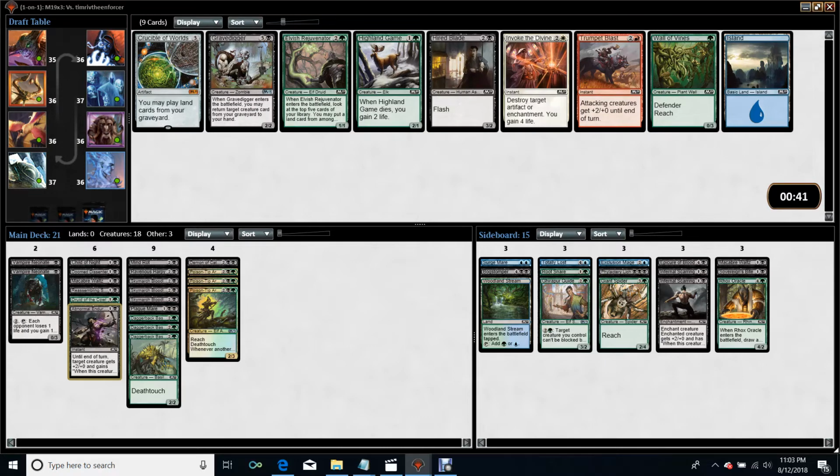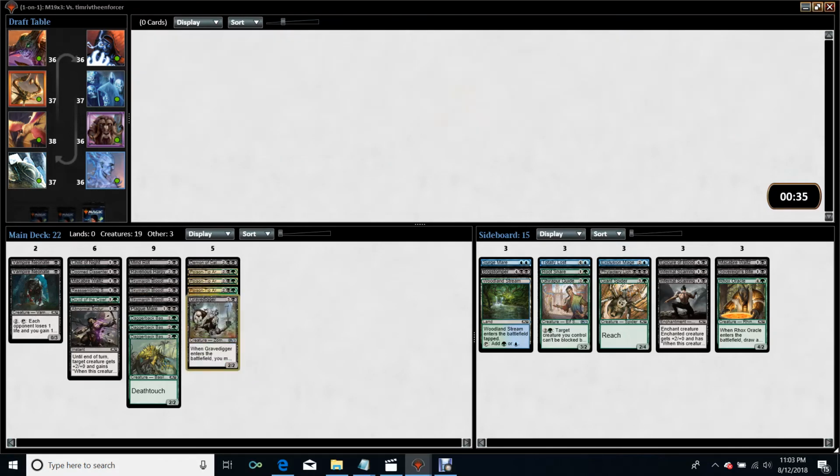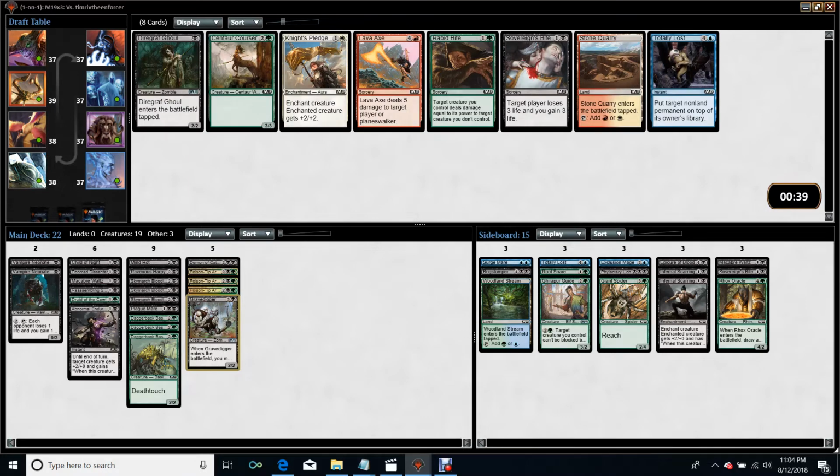Okay, well, I think this is pretty easy. I guess it's not. Highland Game is a consideration, but Gravedigger is just so much of a higher quality card that I think I'm going to play it here. I'm at 22. I could see myself cutting a Mind Rot here. Gravedigger is pretty amazing, though. We could be cutting a Macabre Waltz, too, if I got enough...